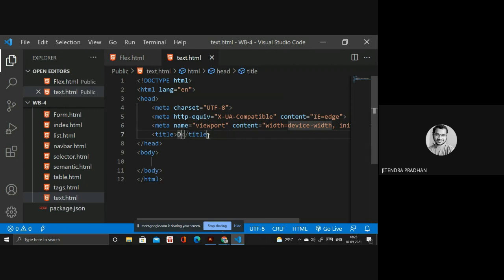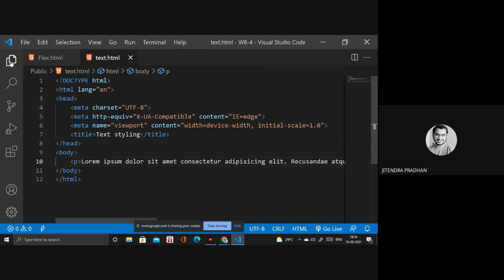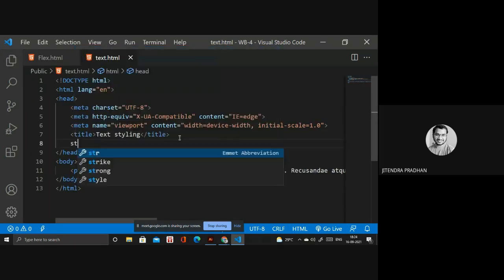So this one is text styling. Okay, first I need to give a particular paragraph, then I will change one by one. First we need to create a style.